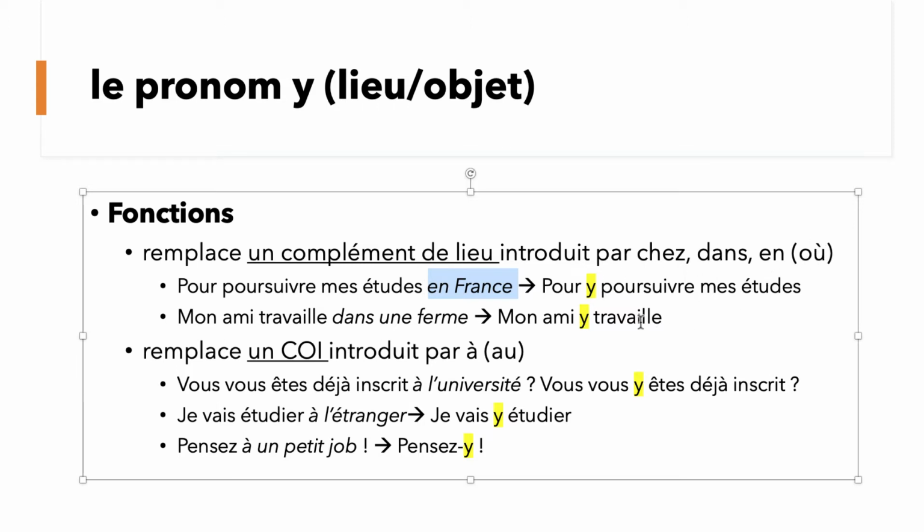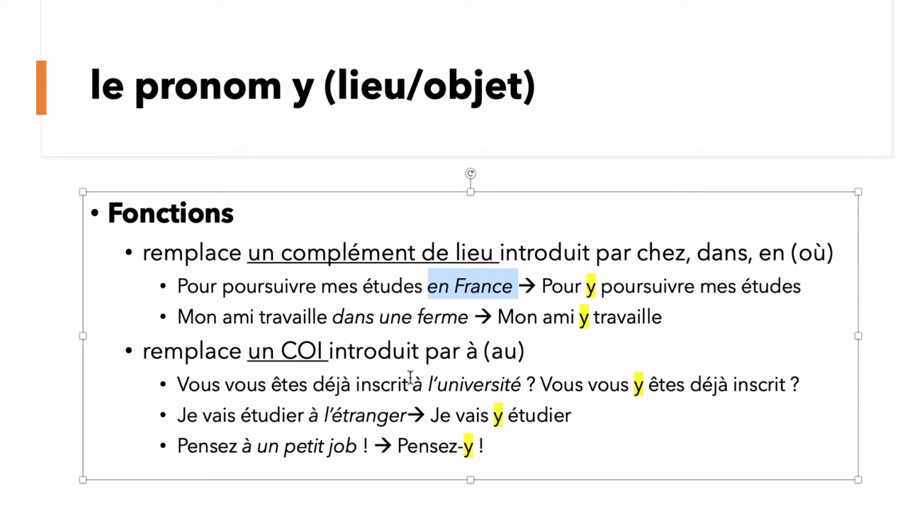Okay, now where do you put the pronouns? You may remember that if you have a conjugated verb, or if you just have an infinitive verb by itself, you're always going to be placing it before the verb. So in this case, it's going to be pour y poursuivre mes études. Let's do another one. Mon ami travaille dans une ferme. Mon ami travaille où? Dans une ferme. And where are we going to be placing the y? Before the verb. And again, if you look at the two sentences, we don't have the complément de lieu again, because the whole point of using y is that it replaces